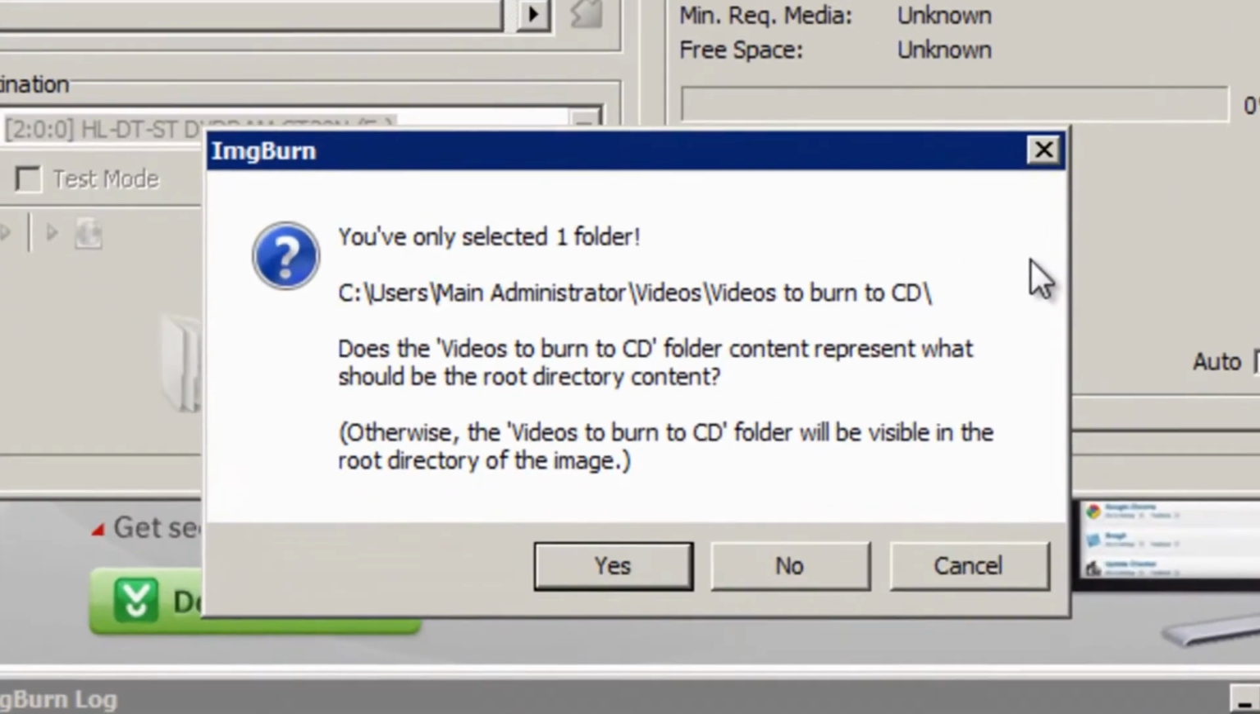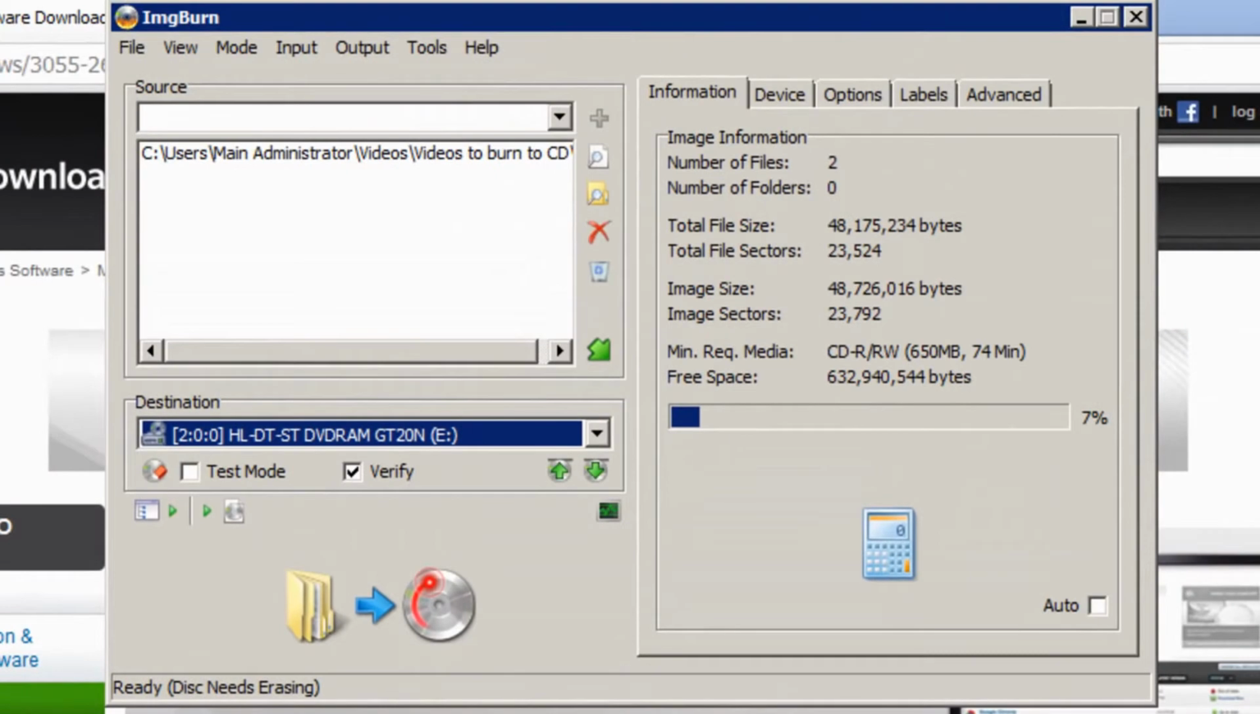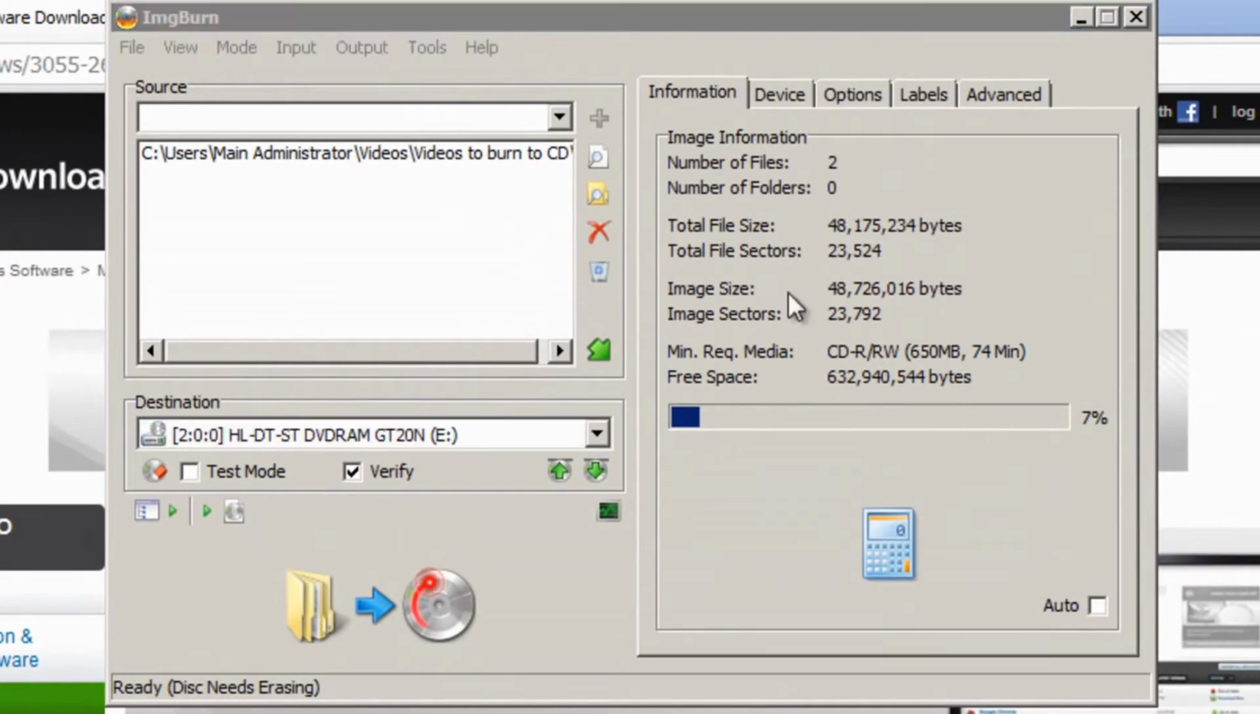If a dialog similar to this one appears, you can simply click yes. Once the blue bar stops moving, you then know that it's finished calculating. You can check that the number of files is correct, that it has included all of the video files that you want in that folder. As we can see, the total file size is that number, some 48 million bytes, and the free space is much more than that. And we can see it's taking up 7%,